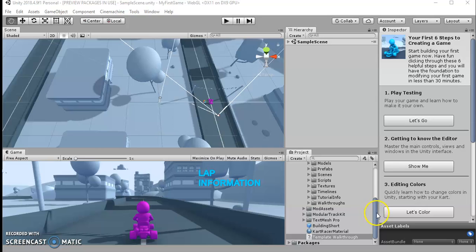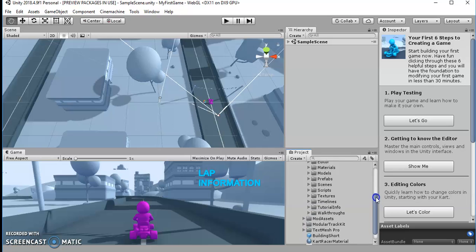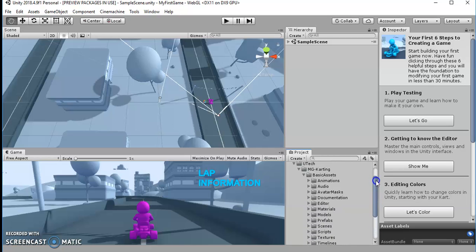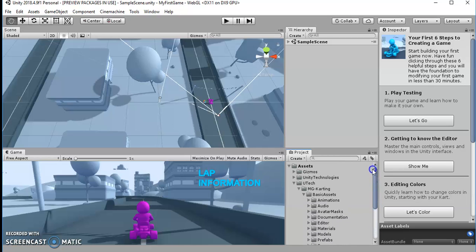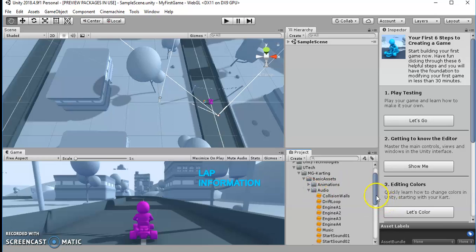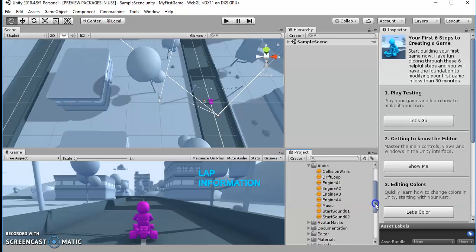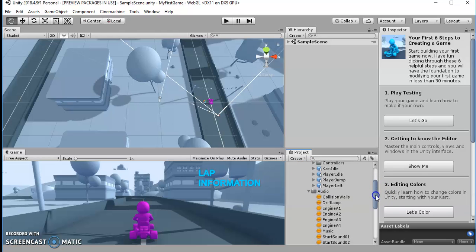Let me show you how to change the color of our avatar. Okay, here you have to go for the audio. First, let me show you an audio. Here we can put many types of audio with your favorite sound. You can edit using the audio panel. And then you can also have animations, different types of animations in your card, either player left or player